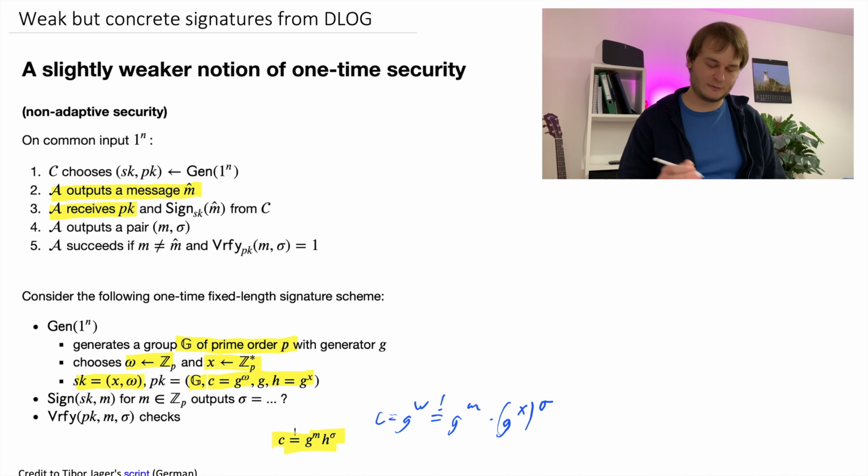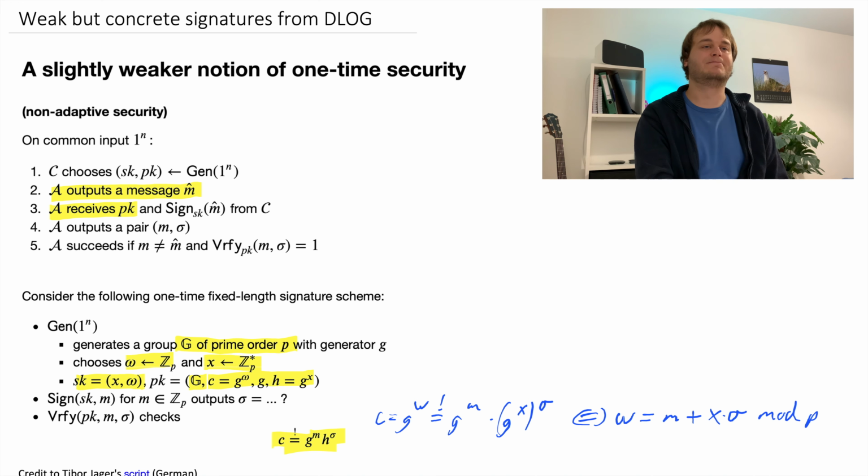We know that for prime order groups, we can just compute in the exponent modulo p, and g is a generator, so we can break this down to saying that this DLOG here needs to be the same as this DLOG. More specifically, omega must be the same as m plus x sigma, and all of this is mod p. So now how do we have to set sigma? Well, it will have to be